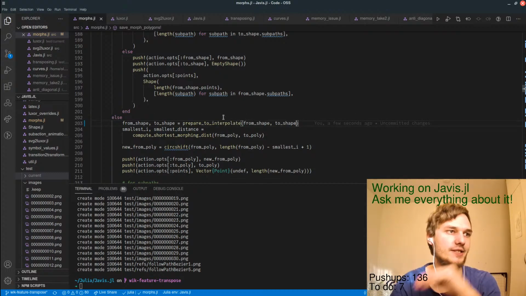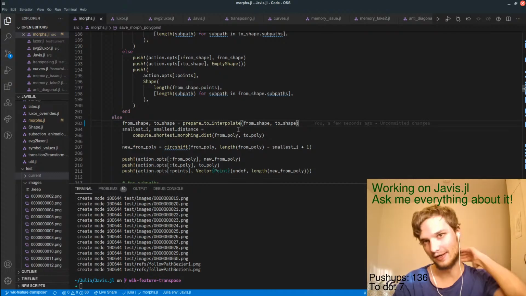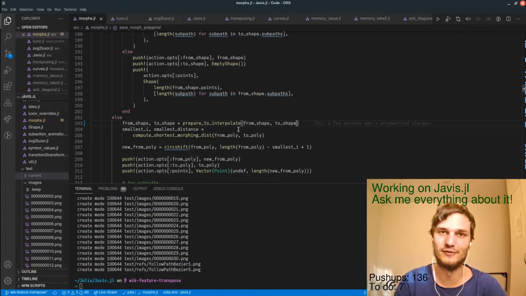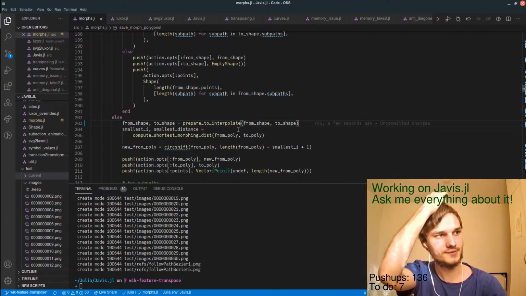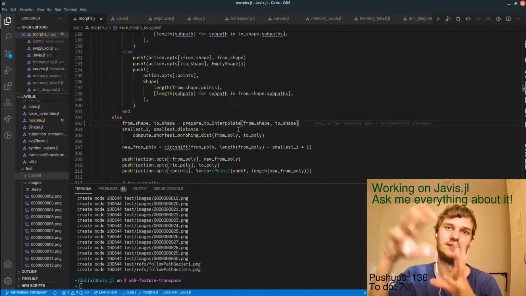So basically what I want to do to prepare to interpolate is, I have the two shapes. I assume that the holes are in the correct order already. I don't know whether I handled that before. And then I want to have the same shapes, or create new shapes, that have the same number of points for the holes and for the outer polygon, and rotate it in such a way that it has the best fit.